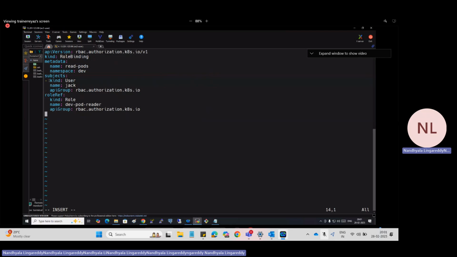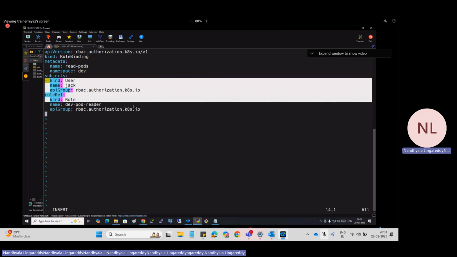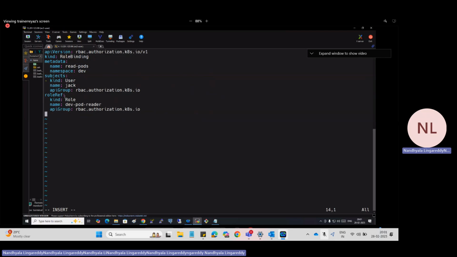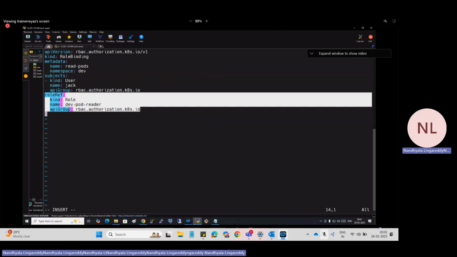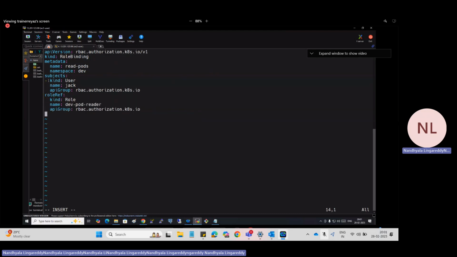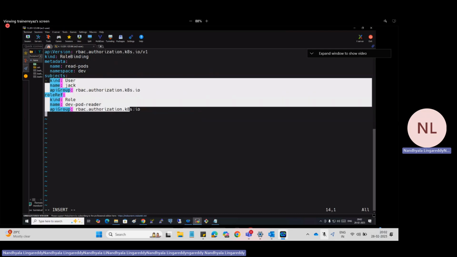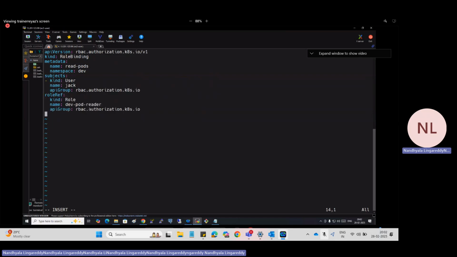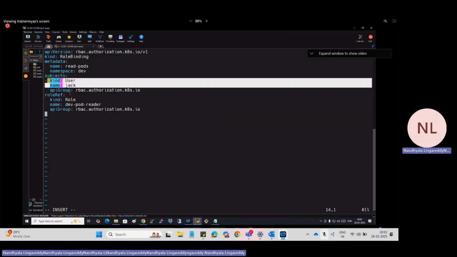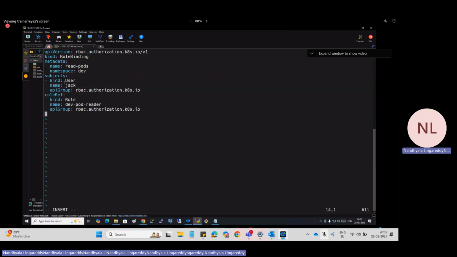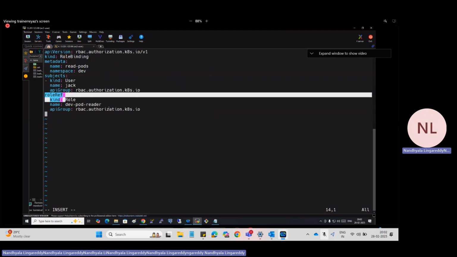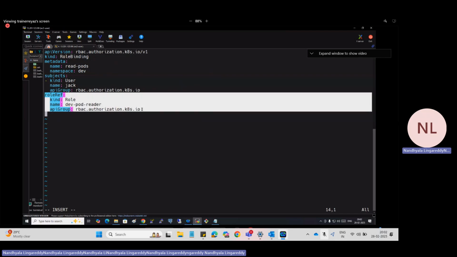No, no. Everything is one, it's not multiple things. If you have a hyphen, then again it will be taken as a separate item. If you have only one hyphen, all these things will come under only one item. So whenever you create a user Jack and immediately attach this role to this user, if you use a hyphen again here, it will be considered a separate item. Then it will not work.